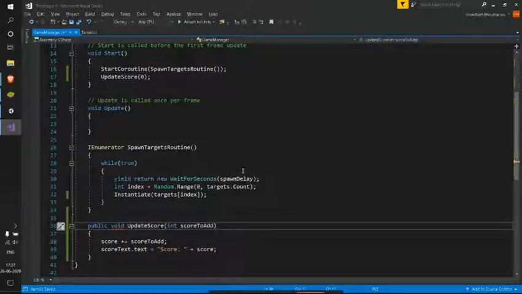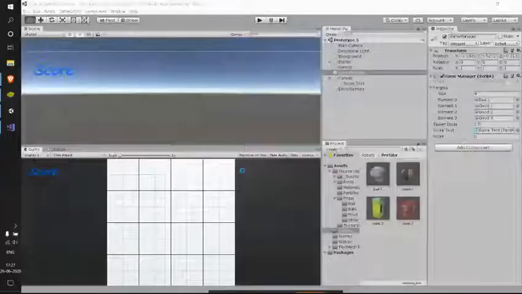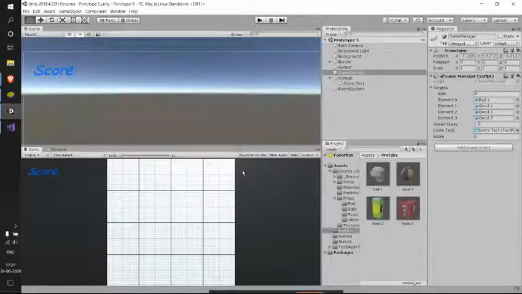And see, in target.cs, to use this method, we first need a reference to this game manager. Let me get back to Unity and see, we have this game manager script attached to this game manager game object.